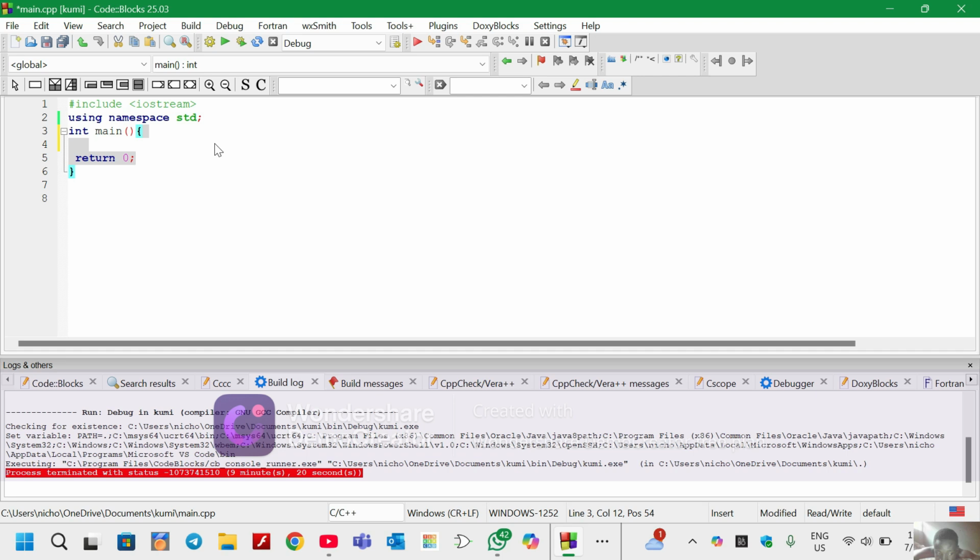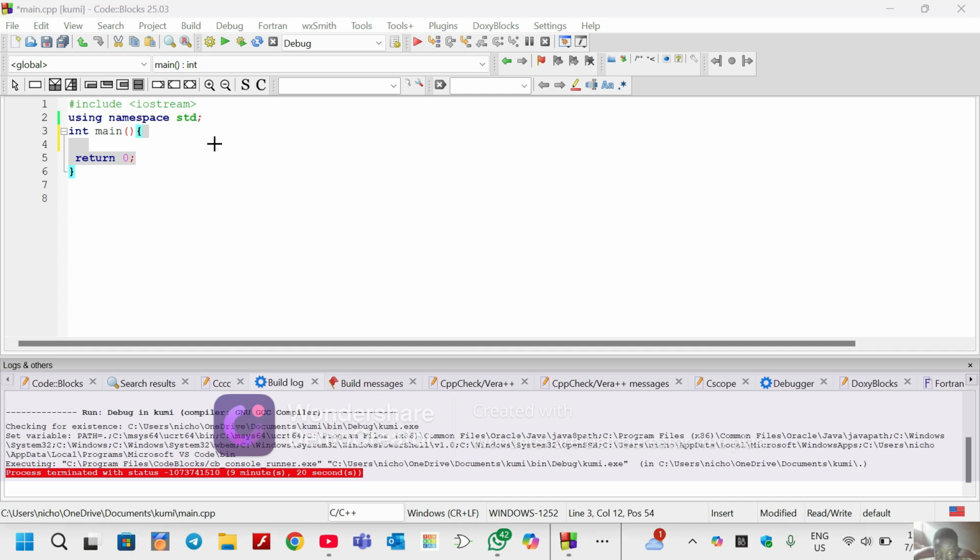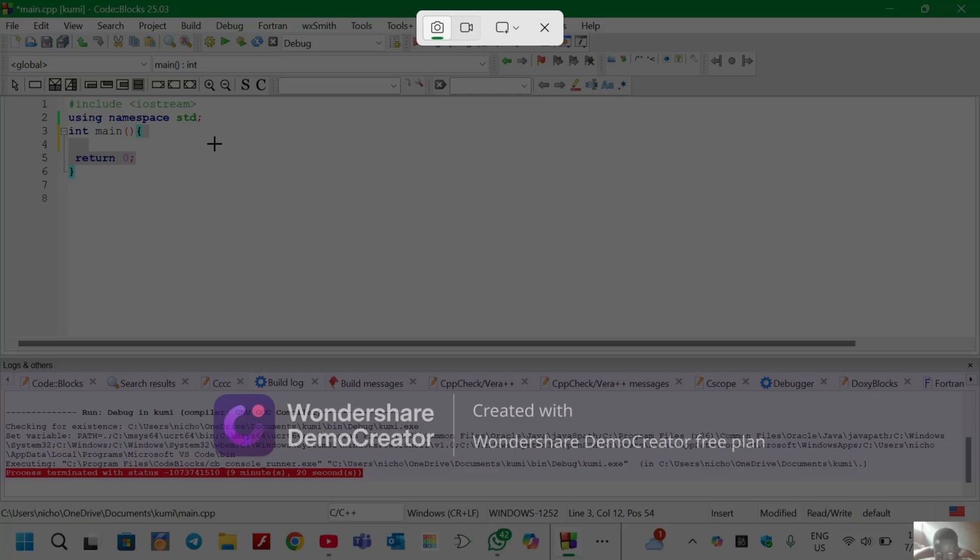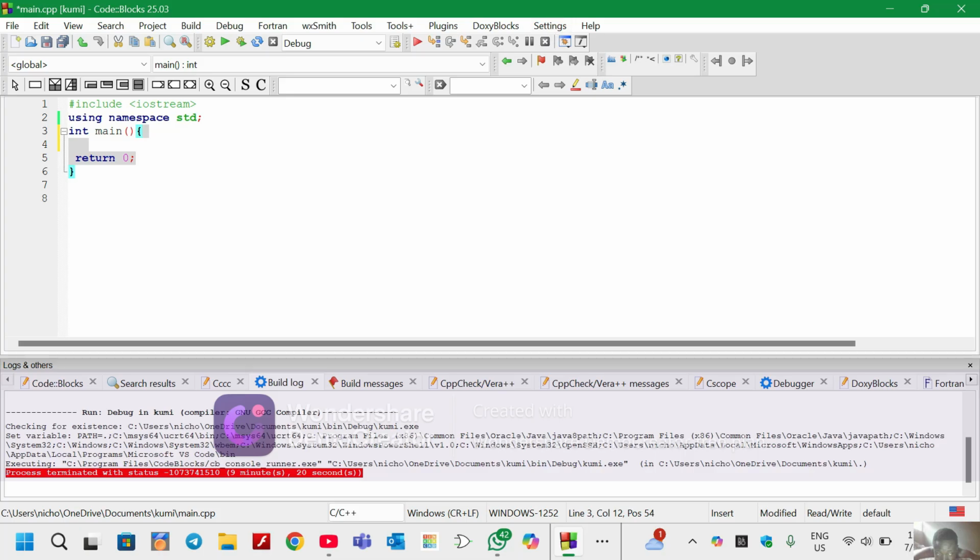So, namespace is an example of namespace for the